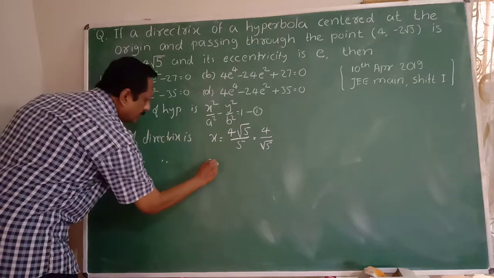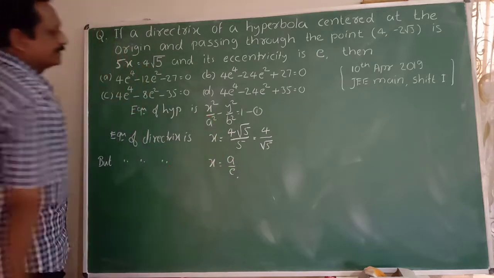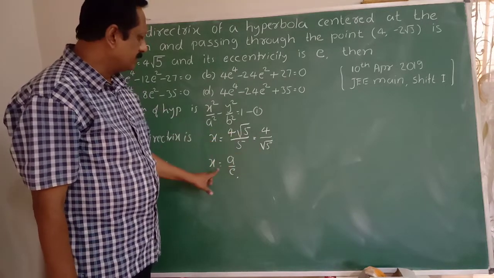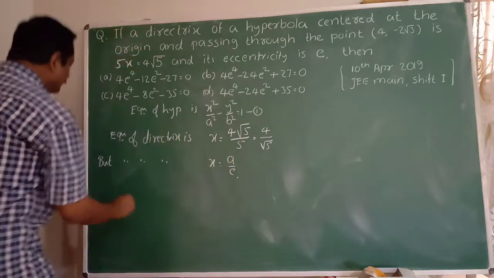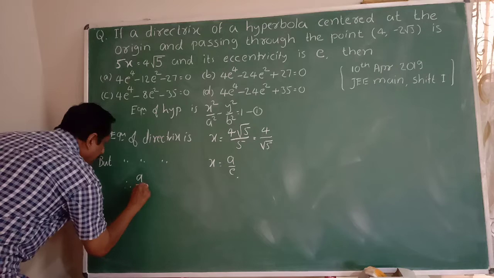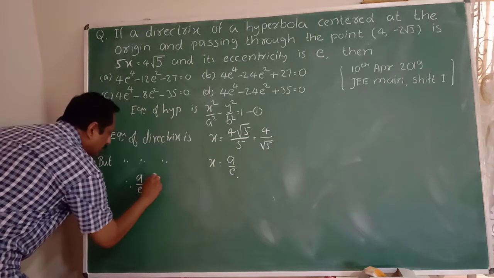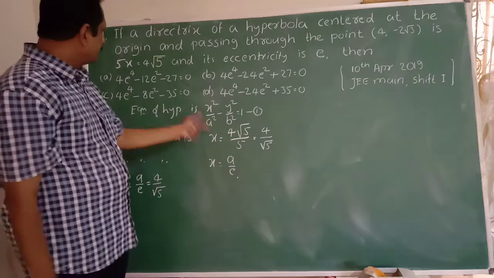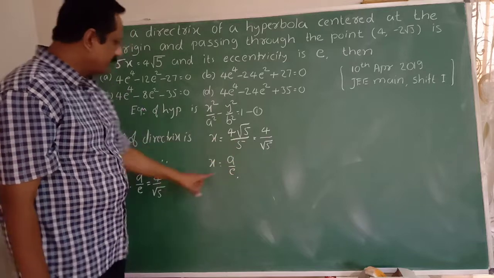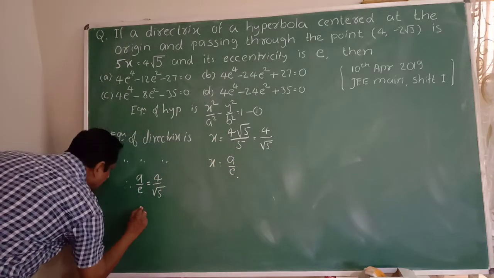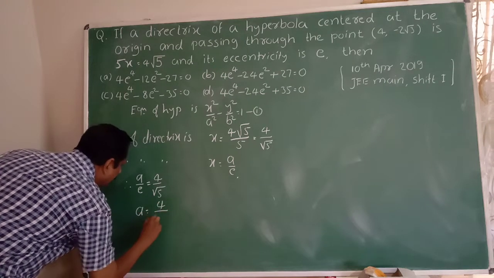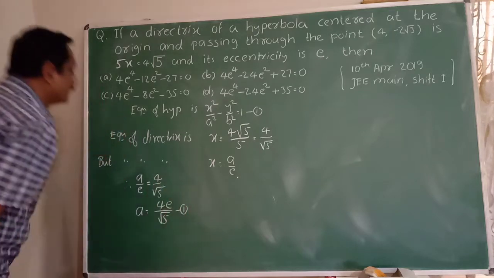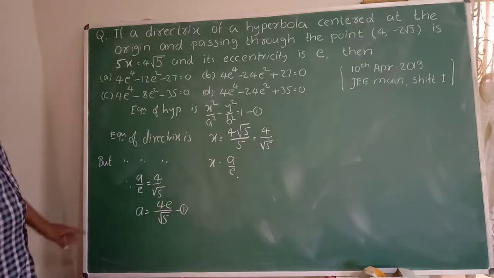equation of directrix according to formula is x = a/e. Therefore x is 4 divided by √5 and x is equal to a upon e, therefore I equate to this here. Therefore a divided by e is equal to 4 divided by √5. Okay, this is from the given equation and it is a formula, so equate it here, we get this result. Take e that side here, so a is equal to 4e divided by √5. Take the result number 1 here: a is equal to 4e divided by √5.